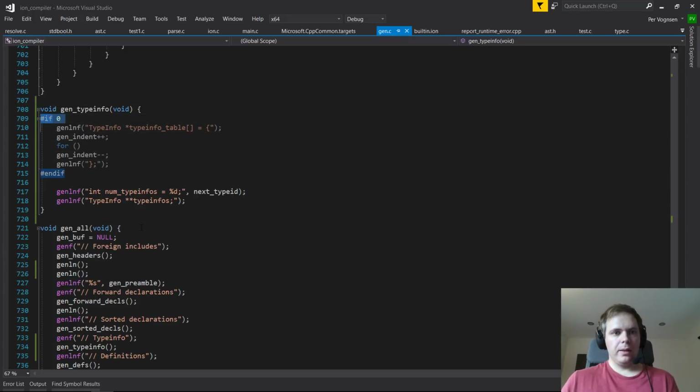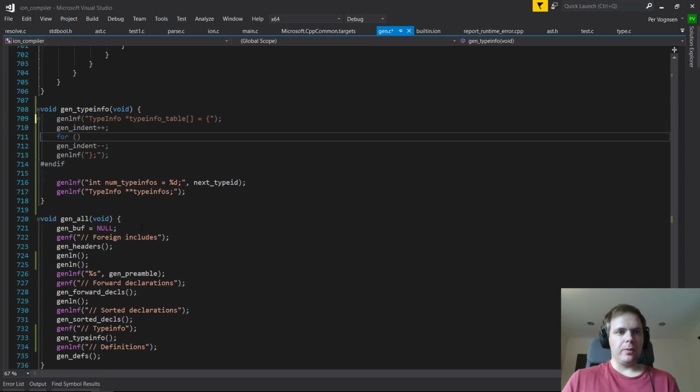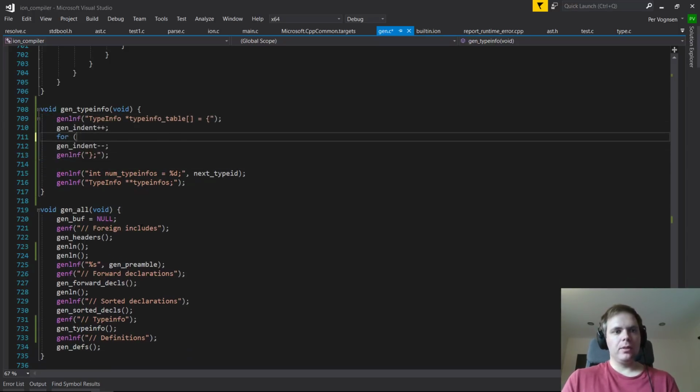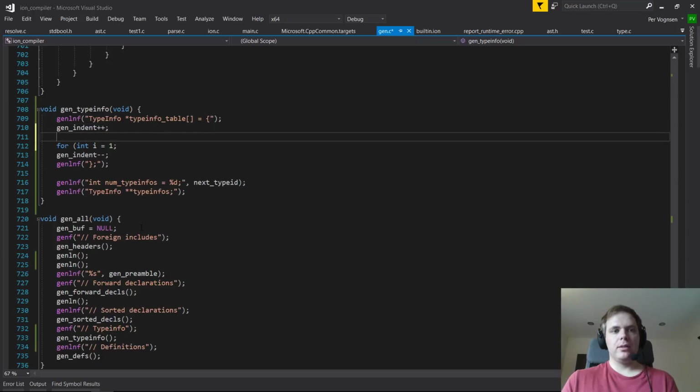All right. So let's see here. So I think we're going to go through this table, starting from 1. So I think we generate a null pointer for the first entry. And then